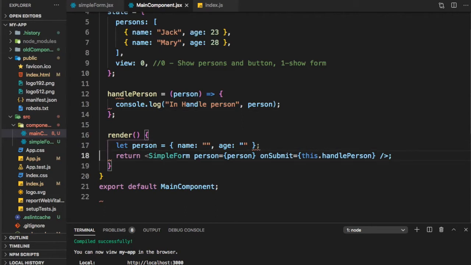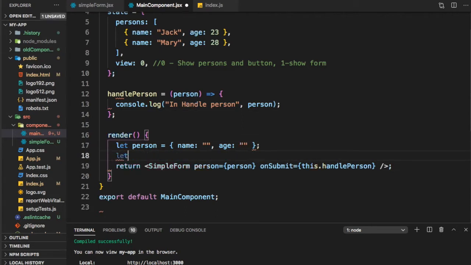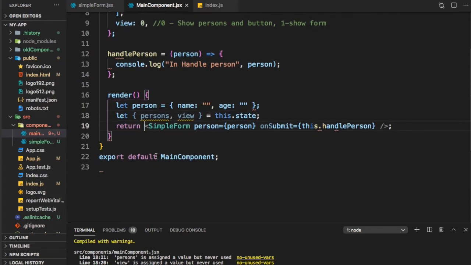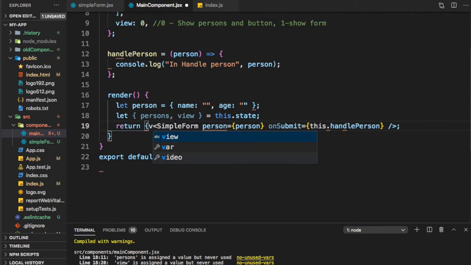So let us go to our render. And what should we say in our render? Let us destructure first. Let persons, view is equal to this.state. Can say here view equal to 0.